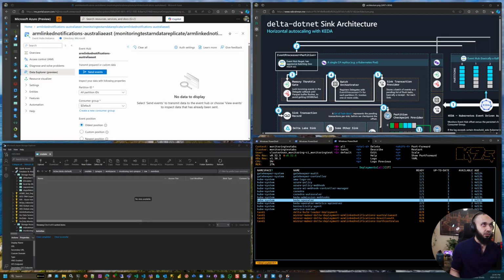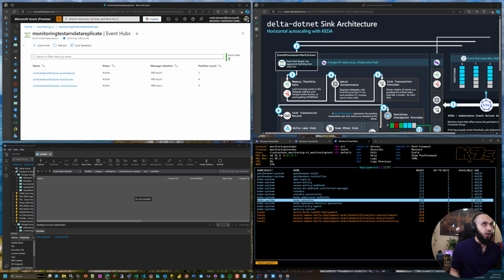So just to kind of orient with regards to my screen, on the top left here, these are 3 Event Hub topics that I have. On the bottom left here, I have an empty OneLake Azure storage account shortcut. On the right here, I have K9s, which is a CLI tool in Kubernetes. And you can see I've got the KEDA operator, and my 3 workers are currently dormant, and so is my